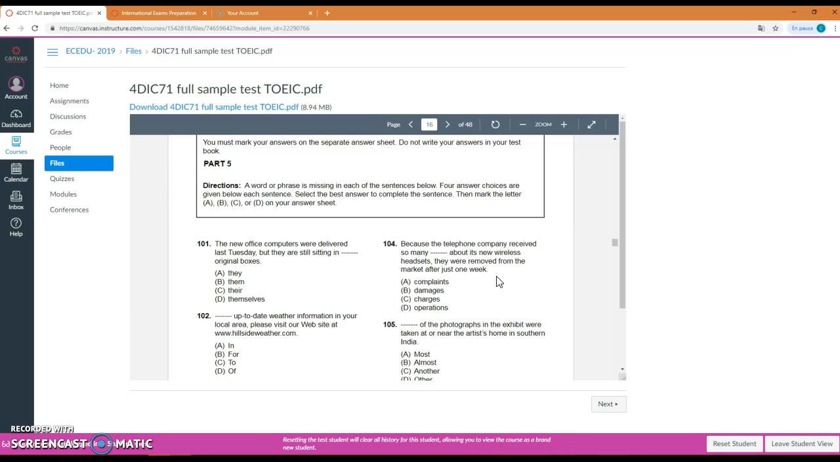When you finish, please send me an email or contact me through Skype, and I'm going to give you the answer key for comparing your answers with the real answers, and we're going to see what the score is for